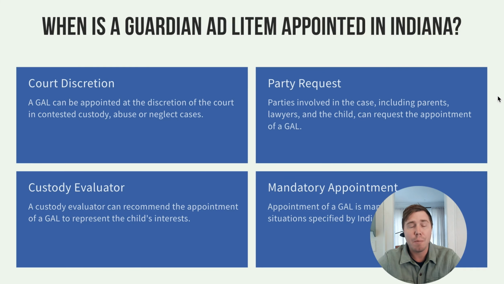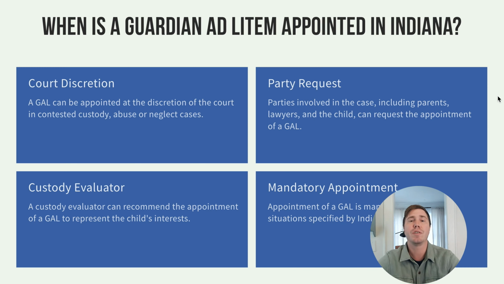And they can be appointed a couple different ways. Ultimately, there are cases where the judge may hear some evidence and decide that an advocate needs appointed for the child, because ultimately they're the eyes and ears for the court. So the court essentially says, I need some feet on the ground, I need to see what's going on here. They'll appoint a guardian ad litem. Either party of the case can also request a guardian ad litem, and it's something I do in a lot of cases where I'll put a simple petition together, indicate why we're looking for a guardian ad litem and why we think one needs appointed. And also a custody evaluator. Sometimes there's a therapist that the parties go to who will make custody recommendations. They may indicate that one would be necessary.